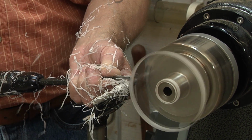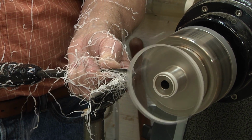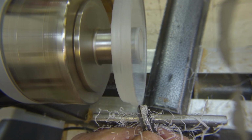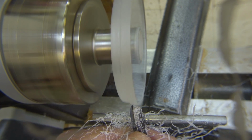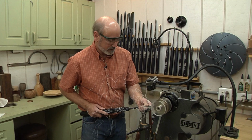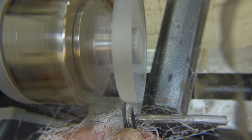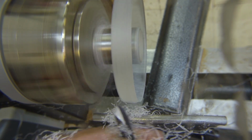So once we get a solid surface on here on this cut going across, it really is fun. But I'm taking just maybe a 1/16 of an inch cut here. And you can see the shavings go everywhere. They wrap around stuff. You wind up with quite a supply of them. I keep forgetting not to talk here. There we go, now we're getting there. So now we're getting into more solid material. I can do a pull cut too,